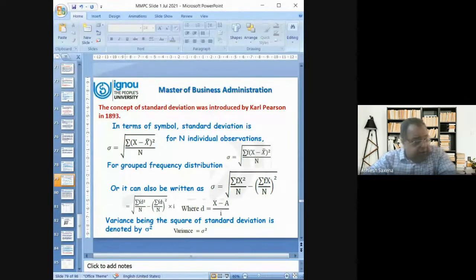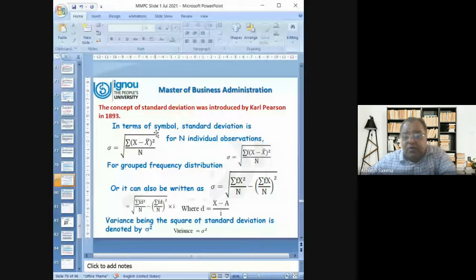Standard deviation is denoted by sigma. The first basic formula for n individual observations is the square root of summation x minus x bar whole square divided by n. Now the first mistake which normally students make,